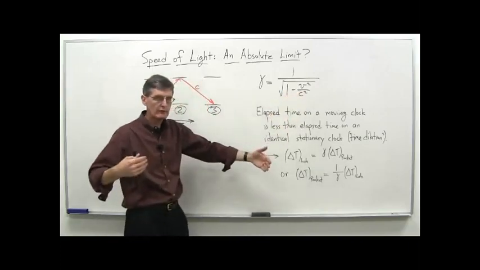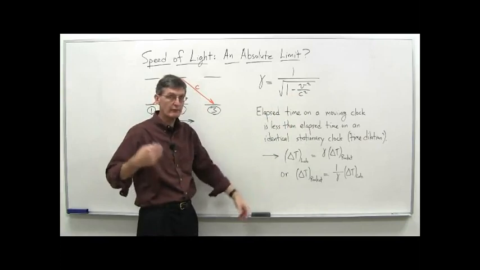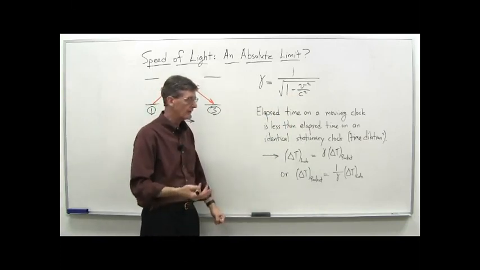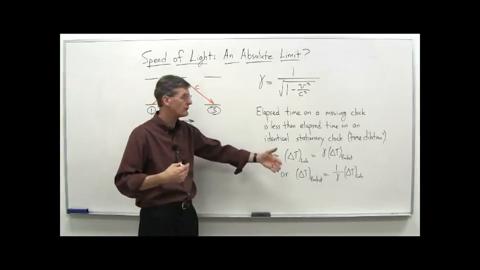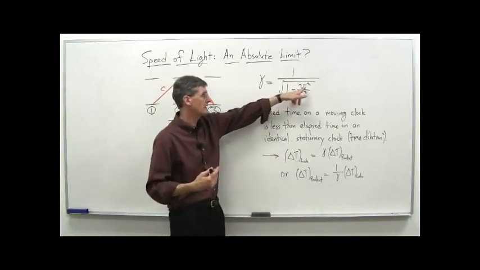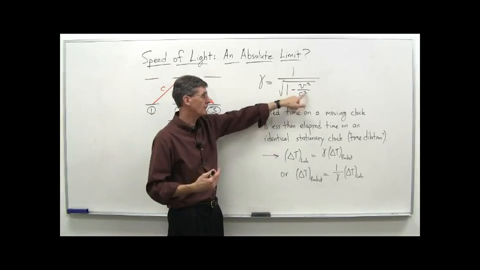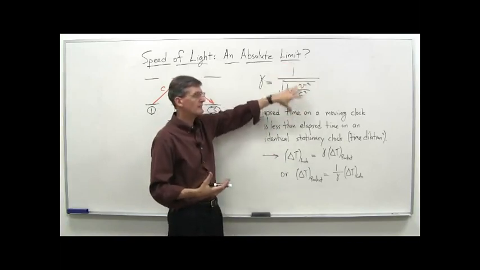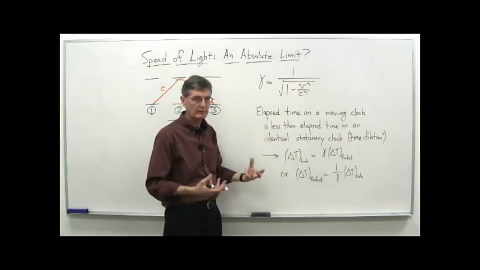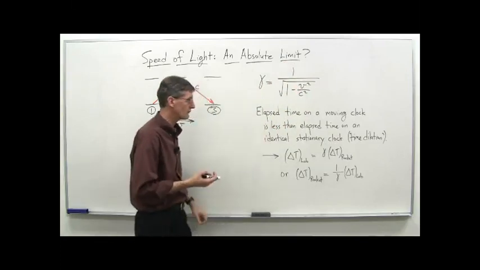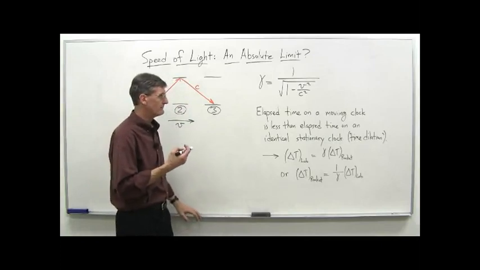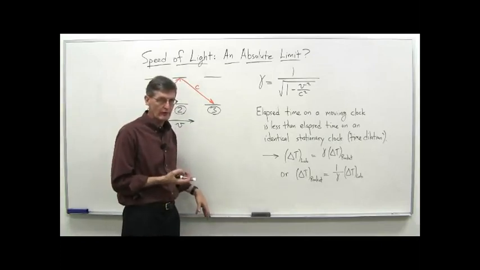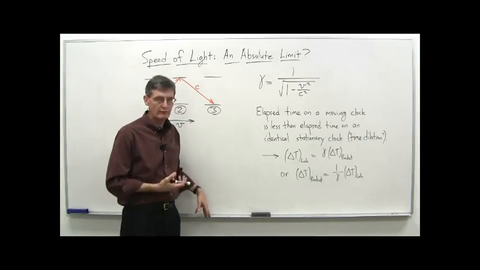If the relative velocity between two reference frames is c, if Bob is traveling by at the speed of light compared to Alice, and Alice measures Bob at the speed of light, look what happens. We've got c squared on the top, c squared on the bottom. This is 1. 1 minus 1 is 0. Square root of 0 is 0. 1 divided by 0 is infinity. Gamma becomes infinite. So that's a very strong hint that either something can't go at the speed of light, or we have problems with our theory.